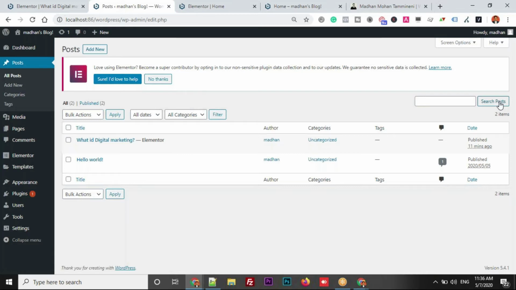Now while you are writing an article like, what is digital marketing? Then this is all about digital marketing. You will create one category on the name of digital marketing and assign this post under the digital marketing category. In the same way, the next day, if you start writing what is WordPress and how can we create a website in WordPress, we'll create one more category on the name of website development and assign that particular post under website development. Why do we need to do this?